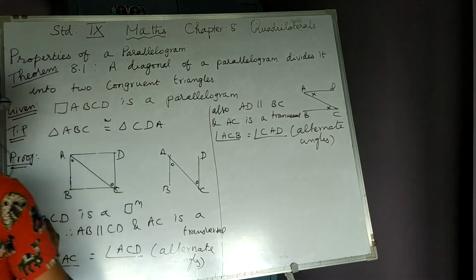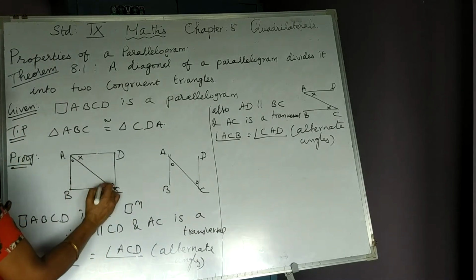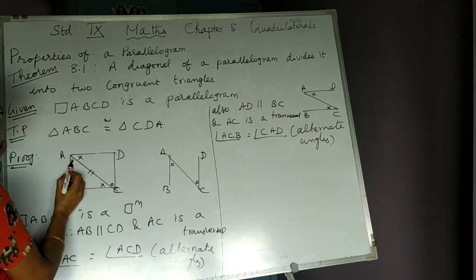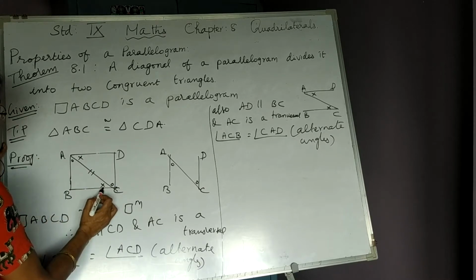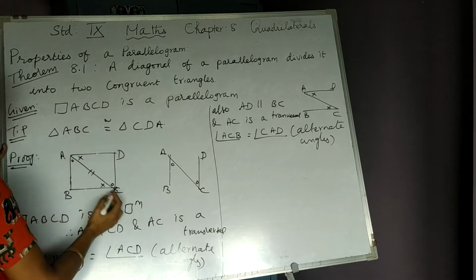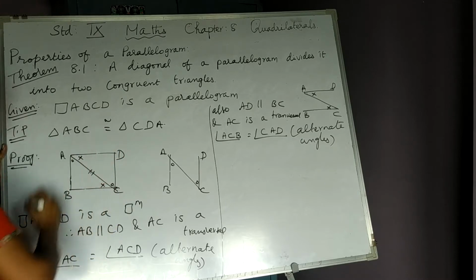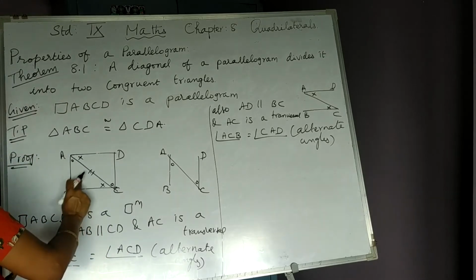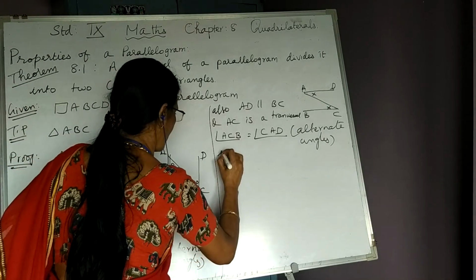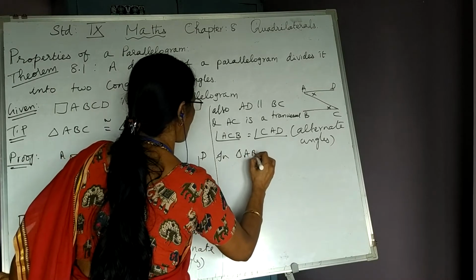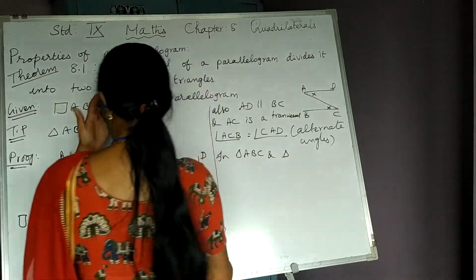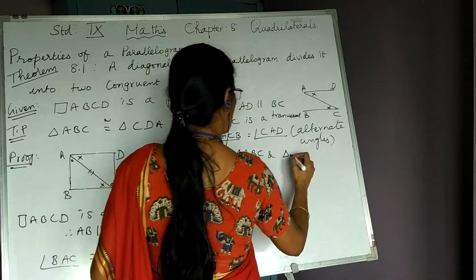And you know, AC is a side common in both the triangles. So angle, side, angle. If you take angle, side, angle, then by the ASA result, the triangles are congruent. So I write, in triangle ABC and triangle CDA,